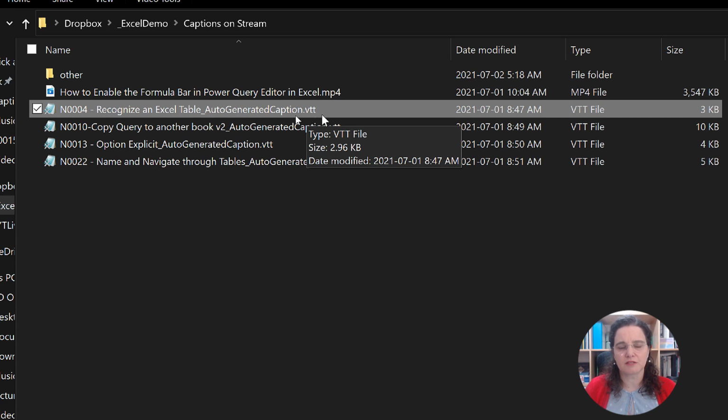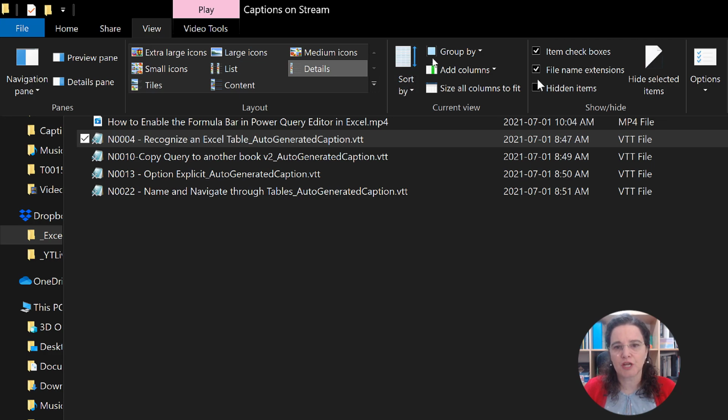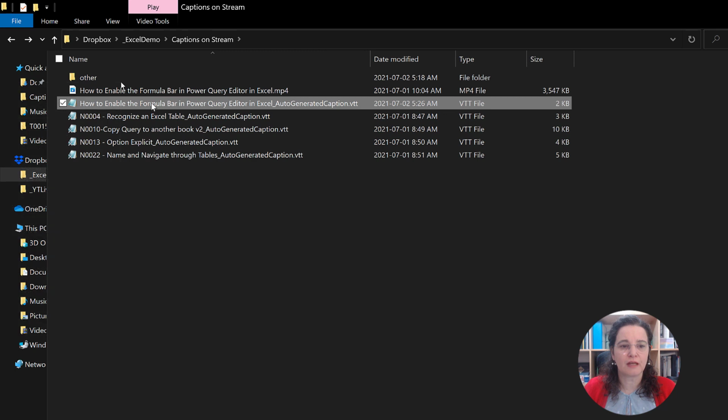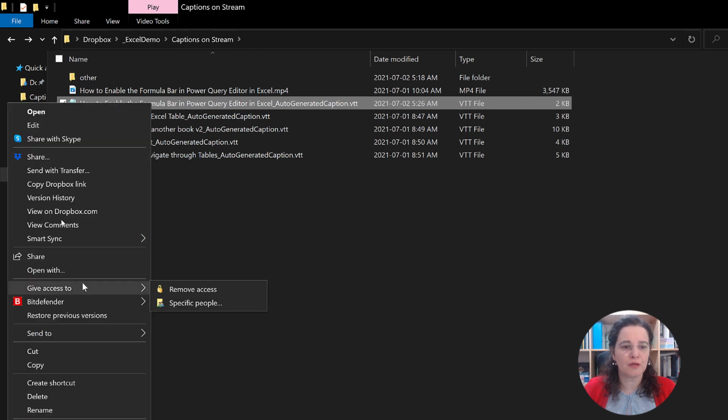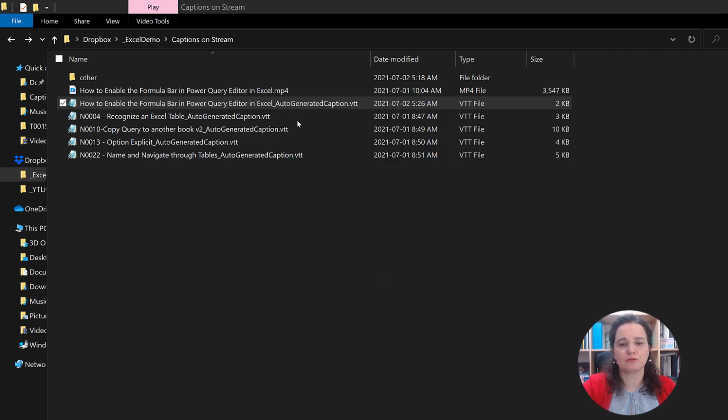This is a specific text file for this type of subtitles. If you don't see the file extension but you would like to see it, you can come to View here in your File Explorer and put a check mark where it says File Name Extensions. Let's open the file. I like to open it with Notepad or any other application of your choice